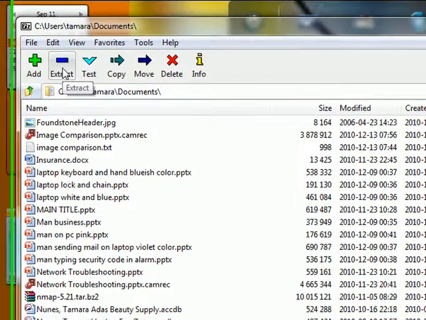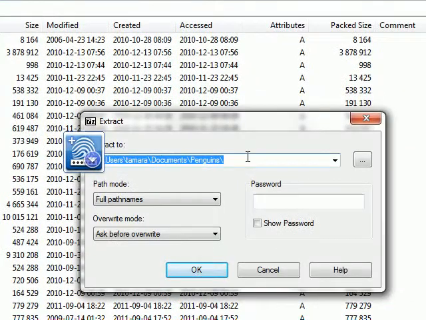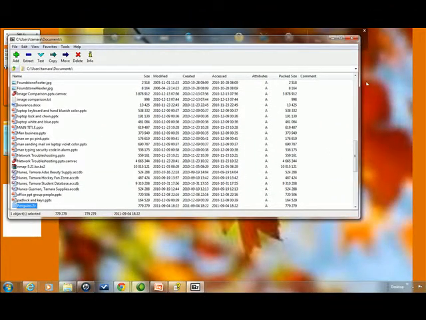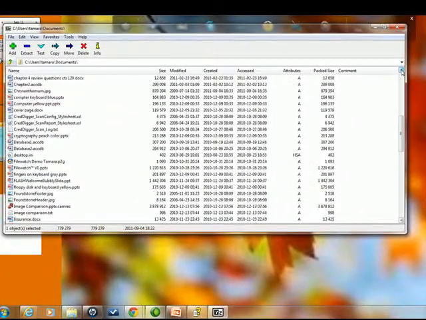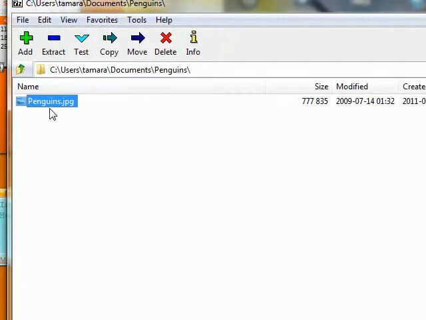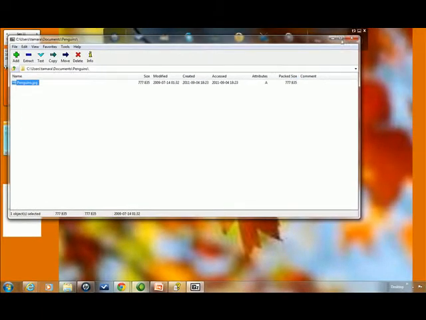So once we have it highlighted, if I do extract, it's going to tell me where it's going to extract it to. I can change that if I would like, and then if you click OK, it's going to make me a folder and put that picture inside of it. So if I go up here to the top and look, I should have a penguins folder, which is right there, and it's got my penguins JPEG picture in there. So that's pretty much how the 7-zip works. There is one other way that we can